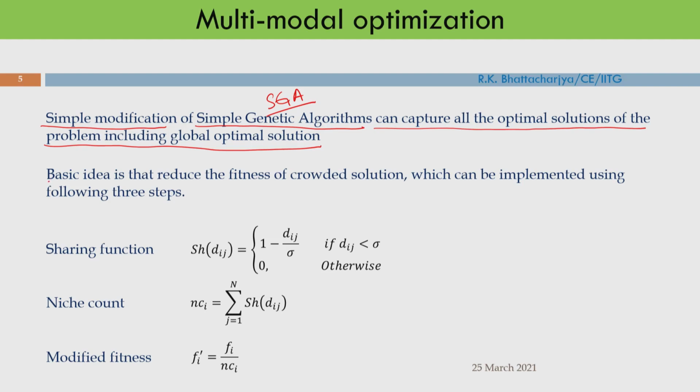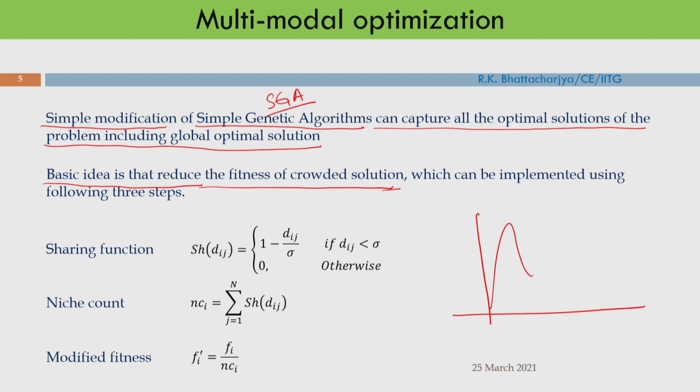So, the basic idea is that you reduce the fitness of crowded solutions. That means, if a solution is crowded, then you reduce its fitness. So, what I will do basically, suppose I say,